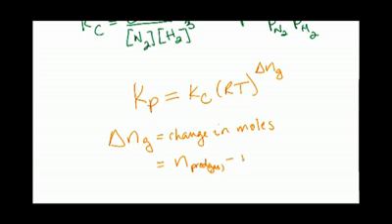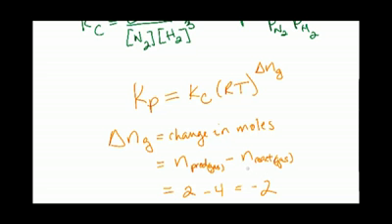And minus moles of reactants, also gases. And in that example up there we had 2, I believe, was the coefficient there, minus 4, so delta n in this case would have been a -2. Alright, so